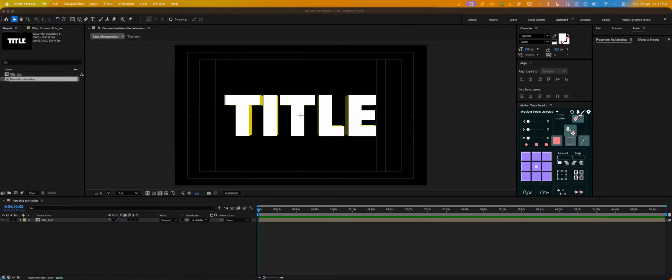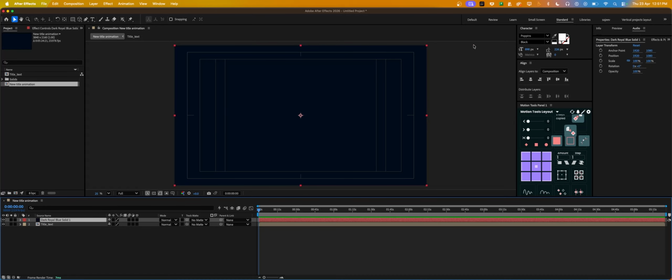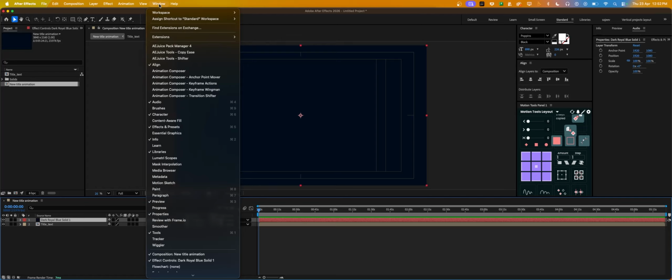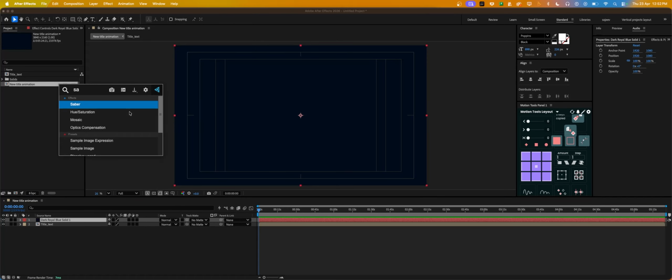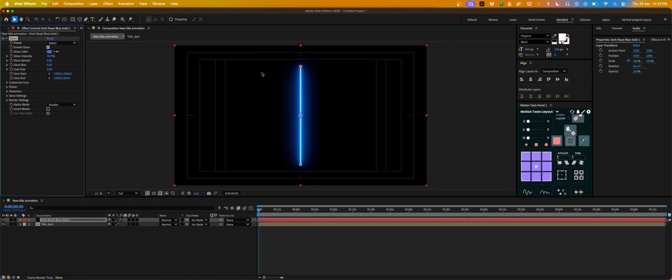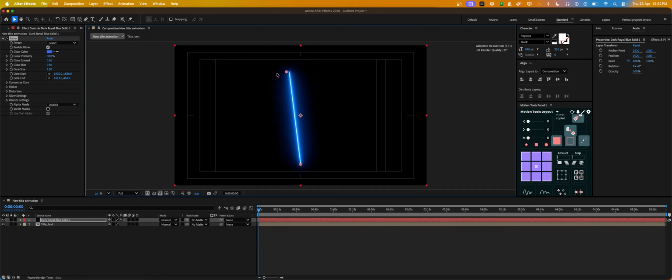On the solid, once you install Saber, you can add Saber. Here I'm going to add Saber. You can search for it in the effects and presets panel. Once you install it, it will be available there. So once you add Saber, you can align it